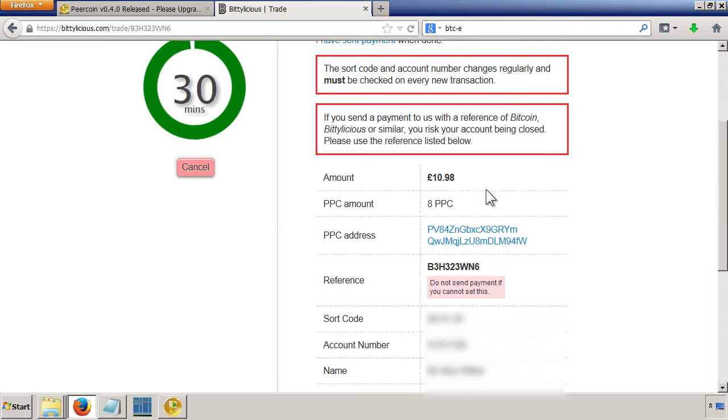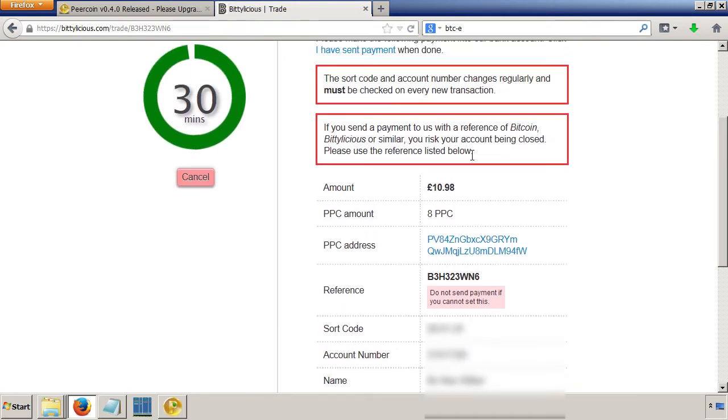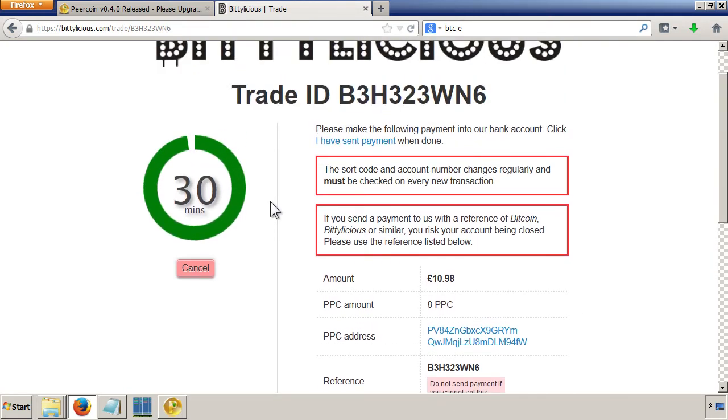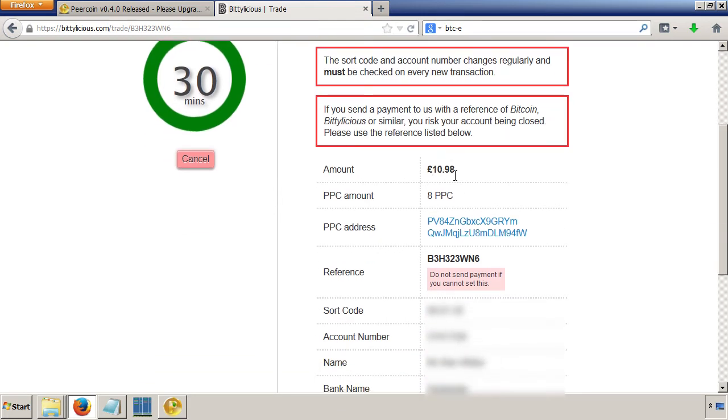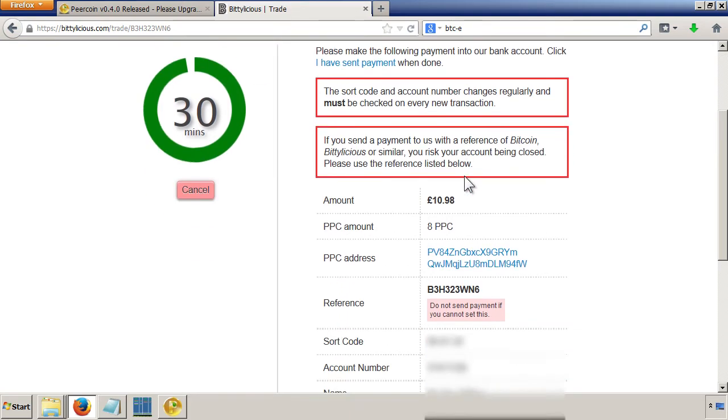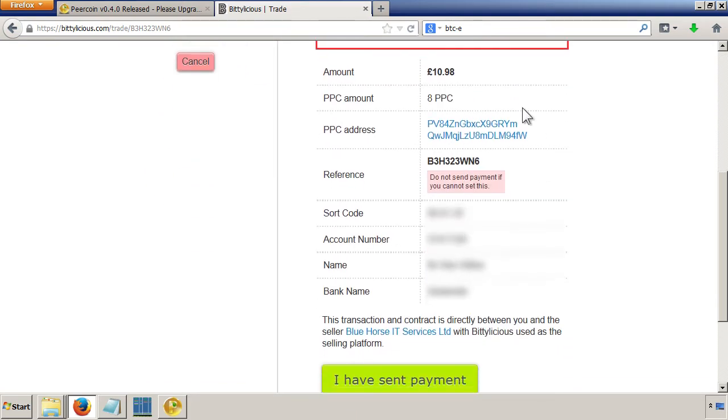One last thing you need to do is make sure you've got the ability to send faster payments. Most UK banks have got that ability because it's going from one bank to another. In the UK, you can send it as a faster payment. Otherwise, you wouldn't be able to pay it in time. So I'm just going to pause the video now, go to my bank account, log in, put these details in and send £10.98 to this account.